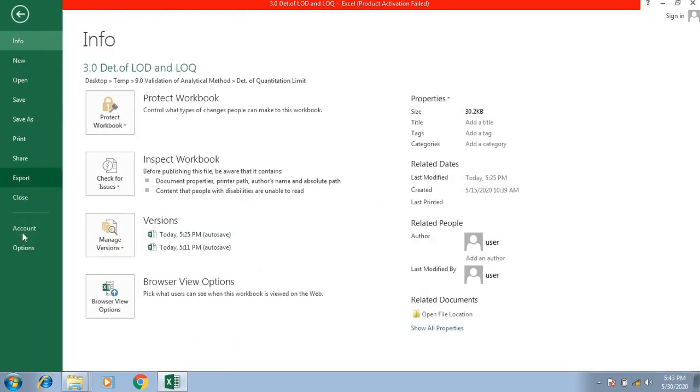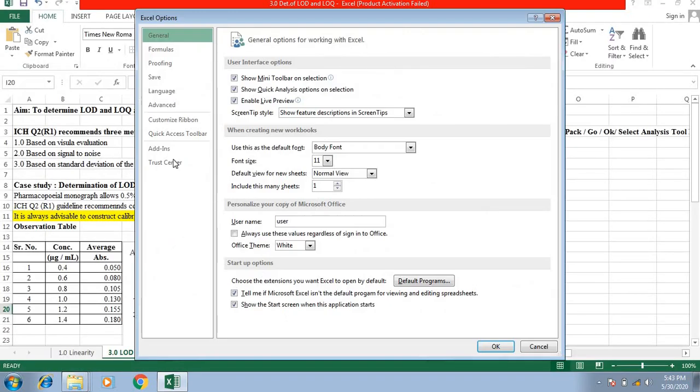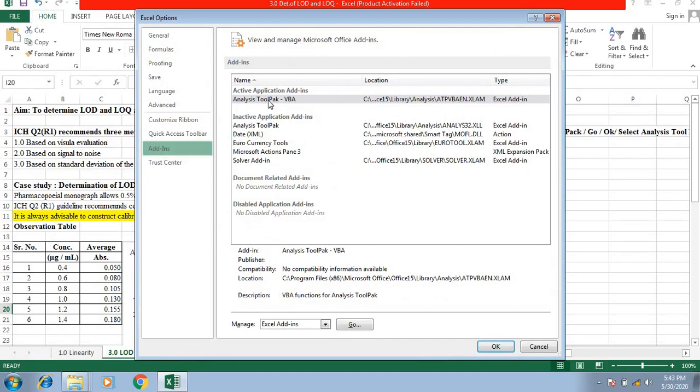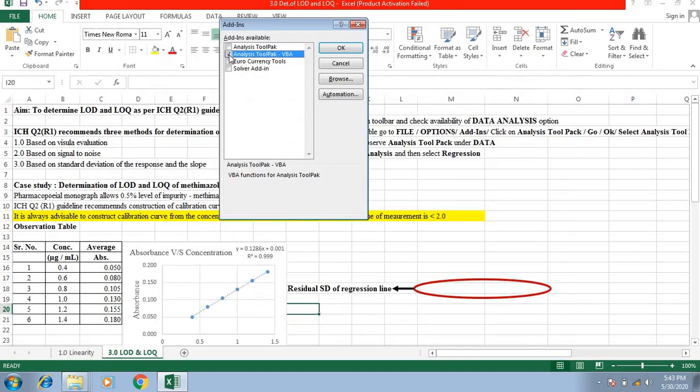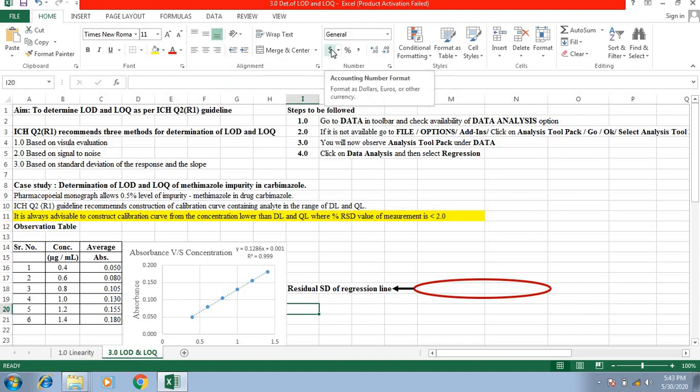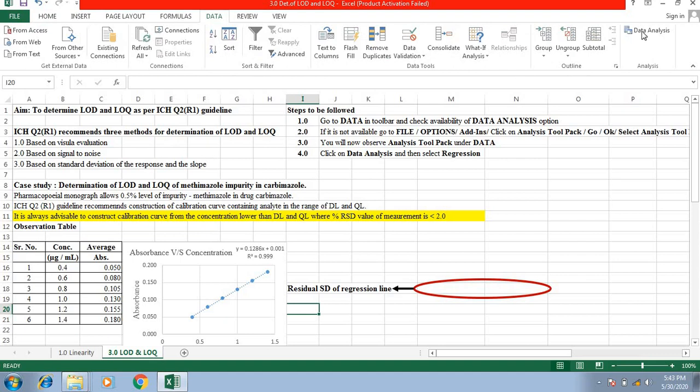Go to File, click on Options, click on Add-ins, select Analysis ToolPak VBA, click on Go, click this Analysis ToolPak VBA and say OK. Now we'll check whether the data analysis option is available under Data or not. So I'm clicking Data. If you see, we have successfully installed the data analysis option.